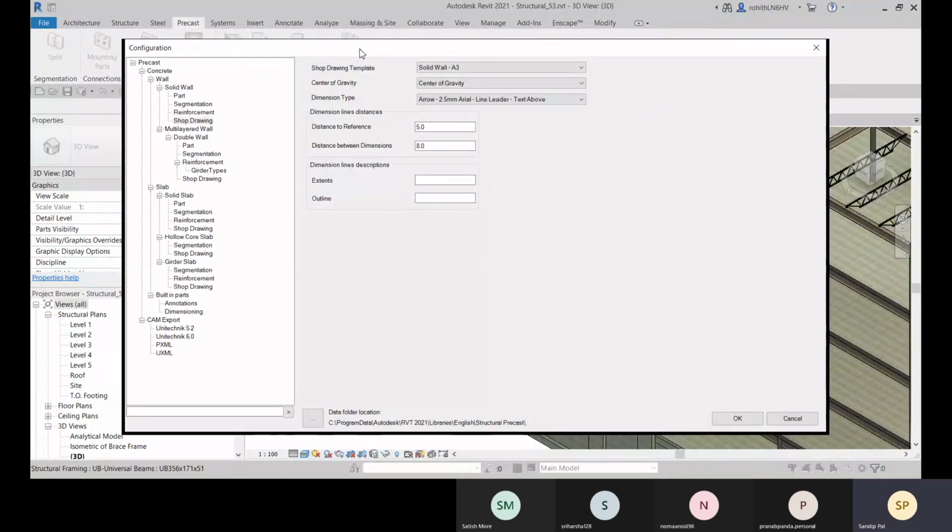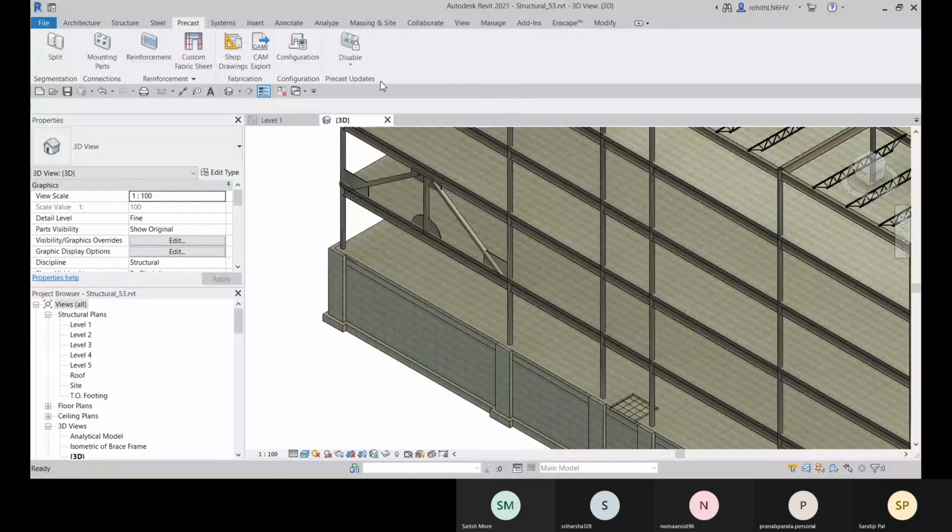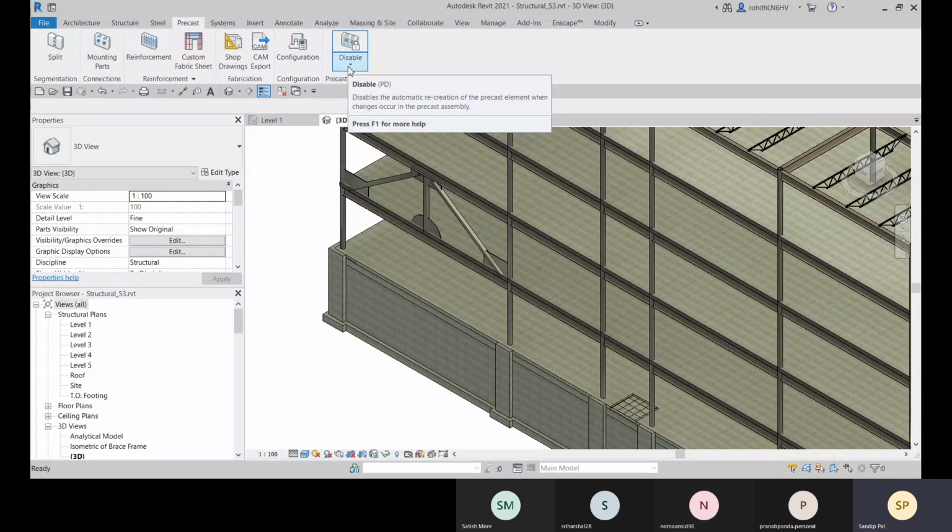Okay. Now you can see that this is the window where we will set all the configuration. Let me close it. And now what I'll do, I will enable this. So the recreation of the precast assemblies, when you change anything, all these things will be automatically recreated.